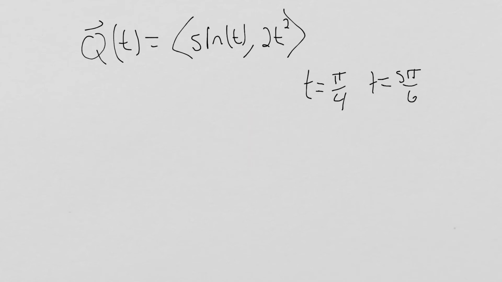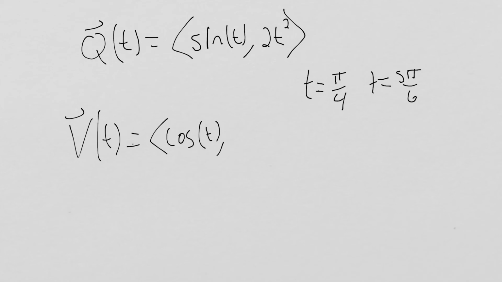Okay, part B gives us a different one with sine t comma 2t squared, and it's asking for the horizontal and vertical velocity at time t equals pi over 4, pi over 6, and 5 pi over 6. So first, the derivative of sine t is cosine t, and the derivative of 2t squared is 4t. So we're just going to plug in our t values to find our velocity. So v of pi over 4